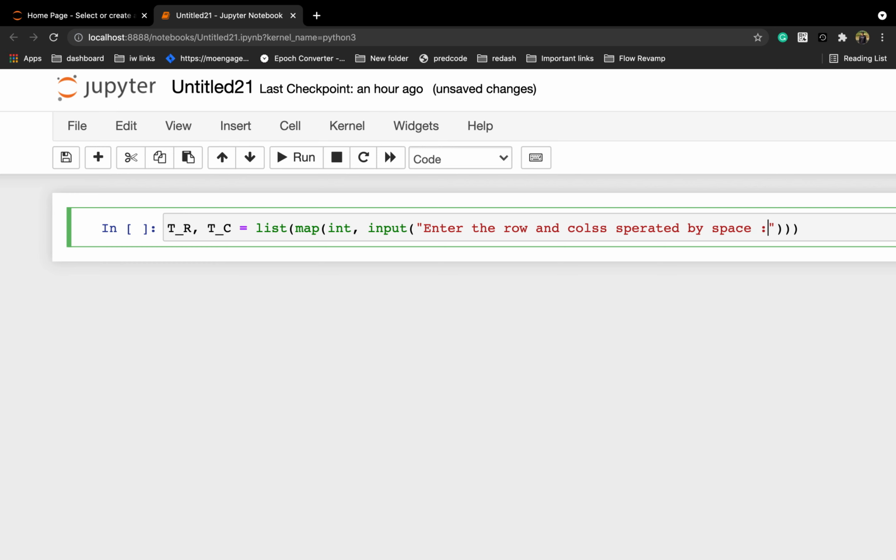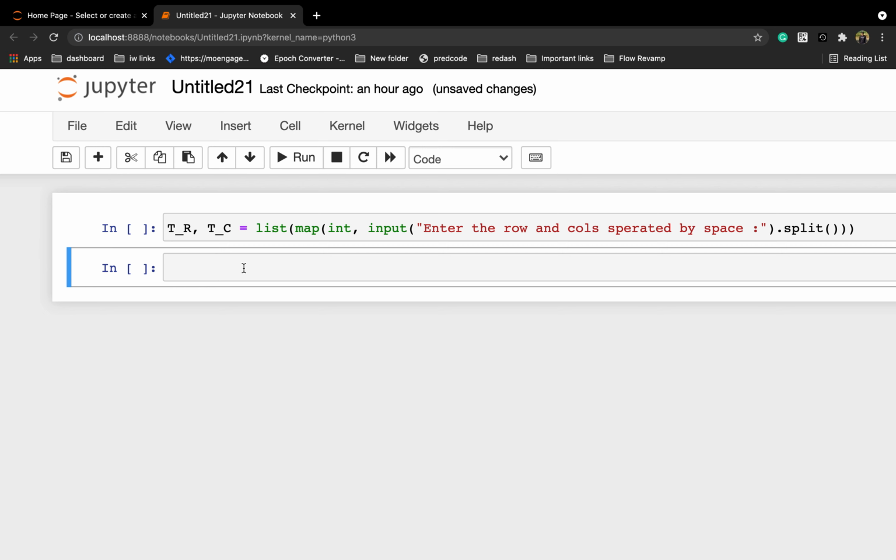So the moment the end user provides some numbers separated by space, we need to split it. So what does this split function do? If, let's say, you have provided 1 space 2, it will split to string, by the way. So let's say I'm writing here a comma b, and then I'm writing input and then split.